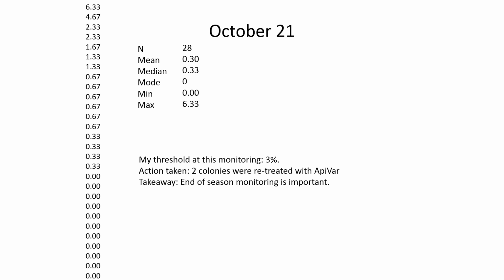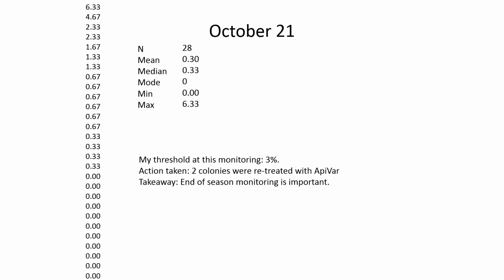I think I monitored 30. I think I'm missing two numbers, but they were low. The average was 0.3, so the average is still nice and low. The median is 0.33. The mode is 0. The minimum is 0, but the max is 6.33%. And so these two colonies, they were at